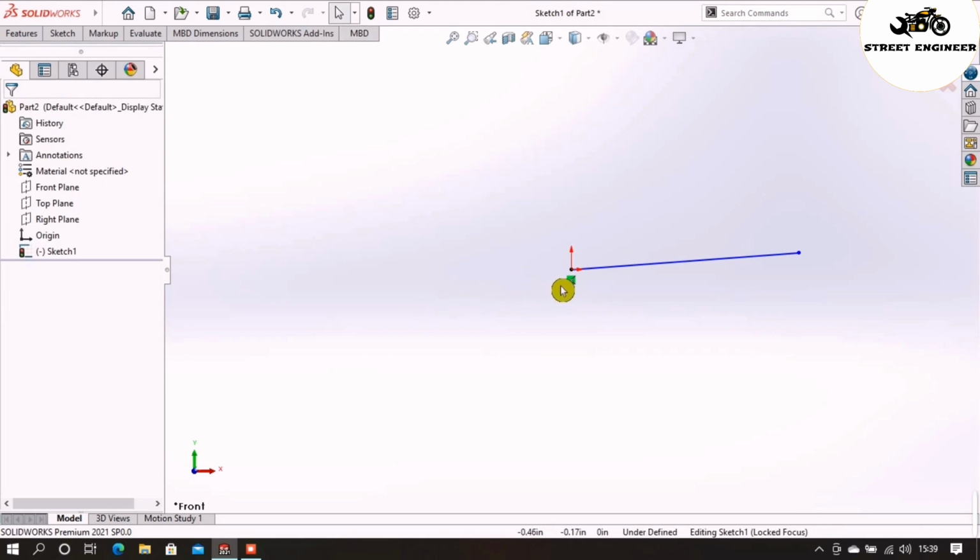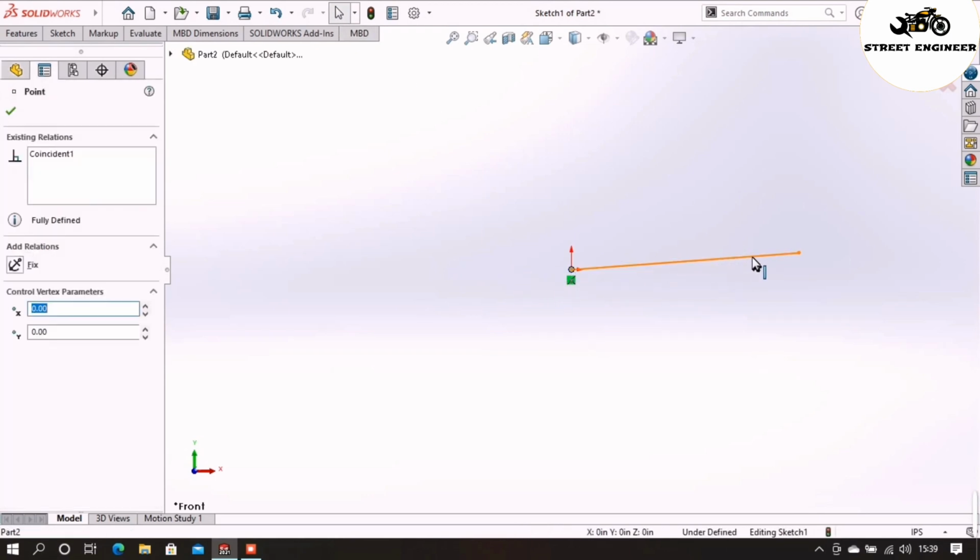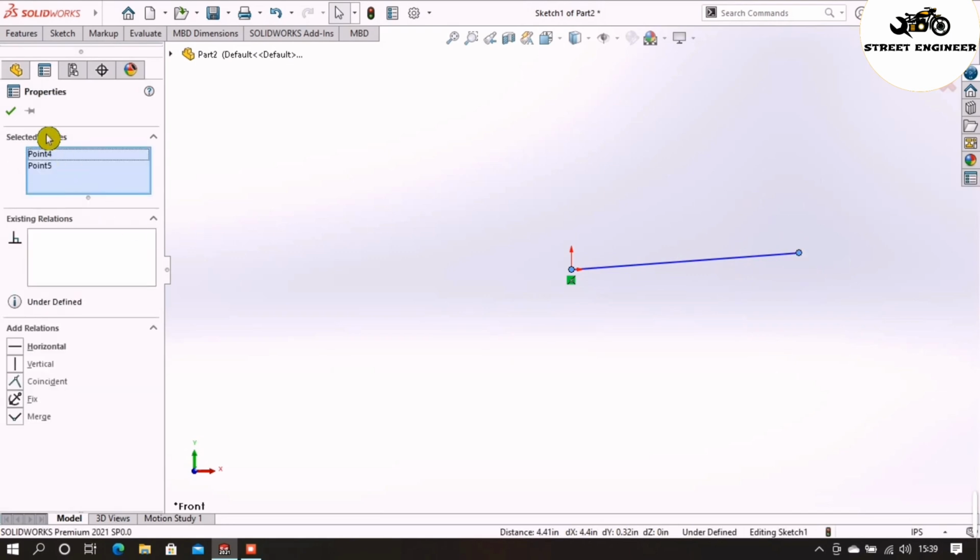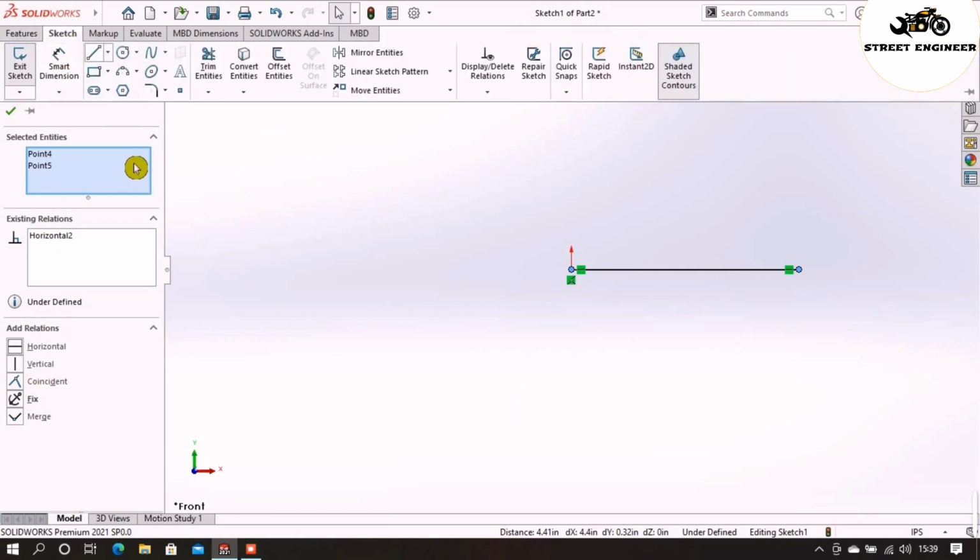Press the Ctrl key and select the starting and ending point of the line. Then click on the horizontal option from the property menu. See guys, when I selected the horizontal option, this cross line has become straight. Now I will show you another example with a vertical line.